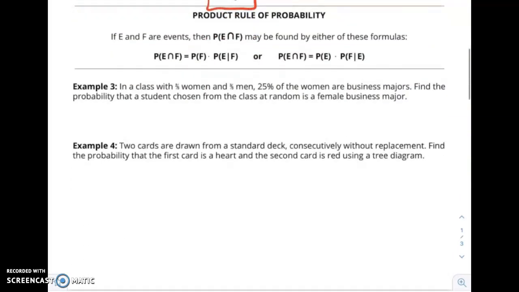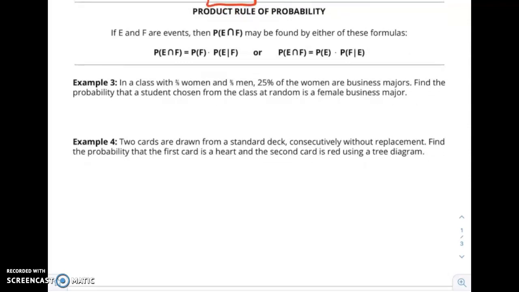Next rule we're going to look at is the product rule of probability. So if you're looking for the intersection of 2 events happening, you can take the probability of event F times the probability of event E given that F has already happened. Or you can switch the E and the F around. So that could be the probability of E times the probability of F happening given that E has already happened. So in example 3, they're setting that up